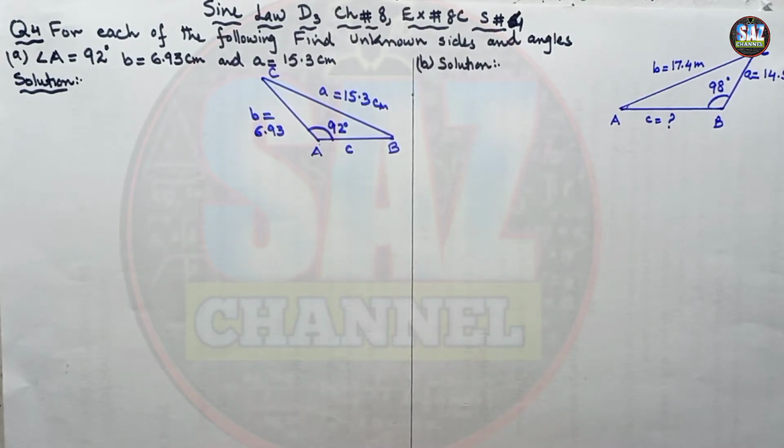This is my fourth lesson of D3 chapter number 8 exercise 8C, about the application of sine law. Before going to the lesson, we should be very clear what sine law is, when and how to apply it, what types of triangles we can have, how to solve a right angle triangle, what Pythagoras theorem is, and the basic trigonometric ratios. If we are not clear about these, we should have a clear understanding of them before this lesson, because lessons of mathematics require continuous practice and integration of new lessons with previous ones. Okay, let's move to question number 4, A part.